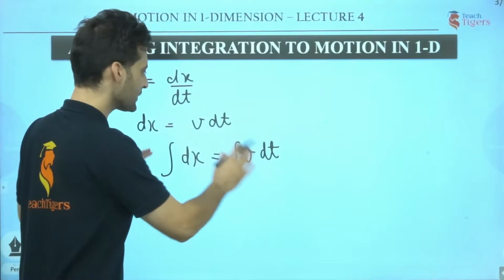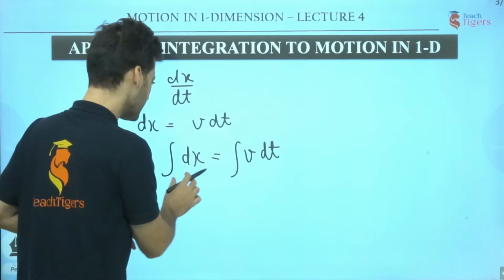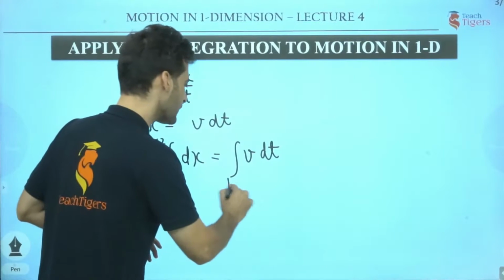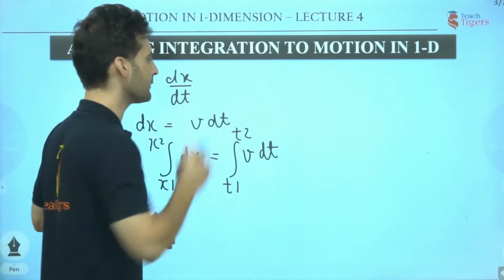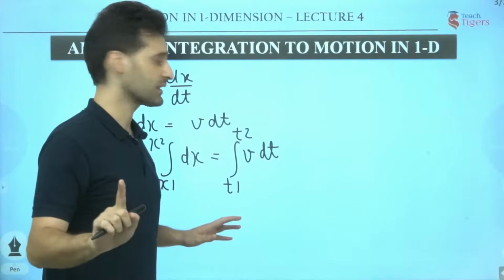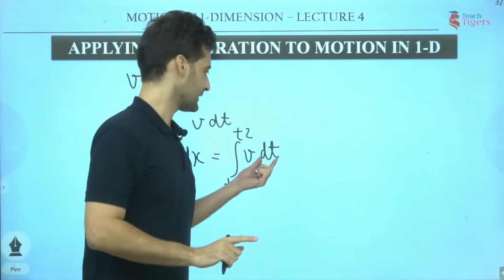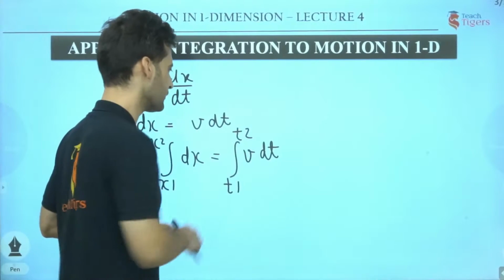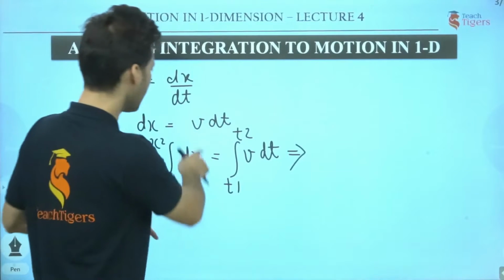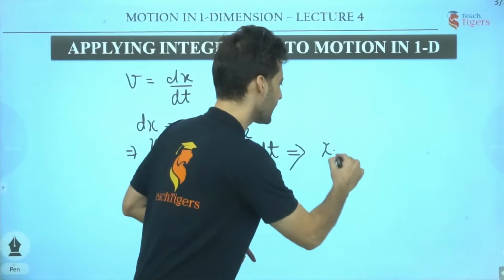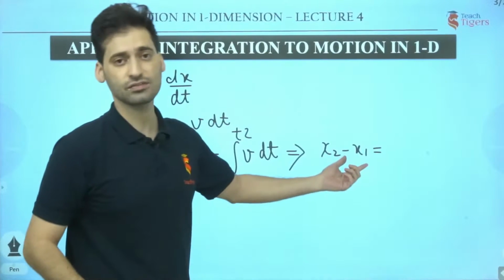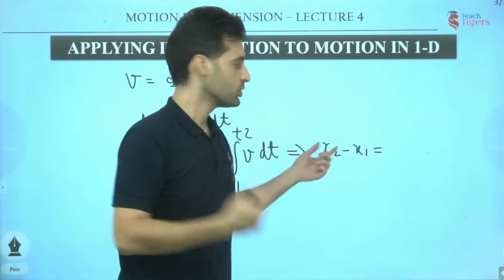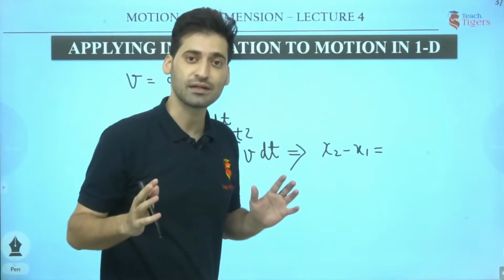Now you know, in integration you have definite limits also. So from here, if I put lower limit x1 and higher limit x2, similarly here lower limit time t1 to higher limit time t2, and keep this thing in mind, एक बार जरूर mind में रखना, जिसका derivative होता है, see there is a derivative of time, उसी की limits put करना है, so the limits are also for the time only. When I solve this, I will be getting x2 minus x1. And what is x2 minus x1? You recall, x2 is my final position and x1 is my initial position. So x2 minus x1 is called displacement. Do you remember it?